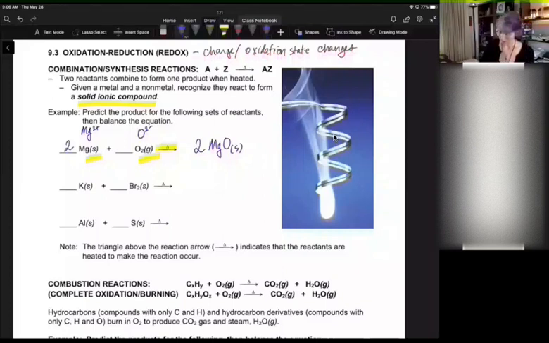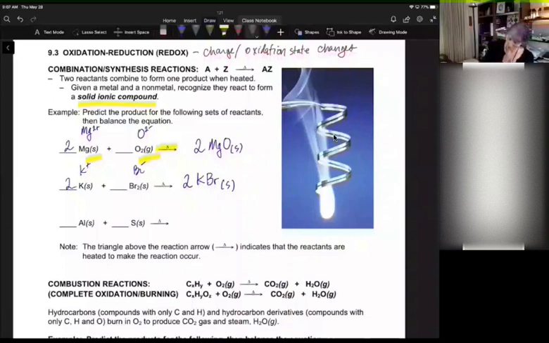All right, potassium is in group 1, bromine is in group 7, so it's going to go -1. Forming potassium bromide solid, and again, bromine is diatomic, so we'll need to form 2 of those, and that will require 2 potassium. All right, and then the next one,